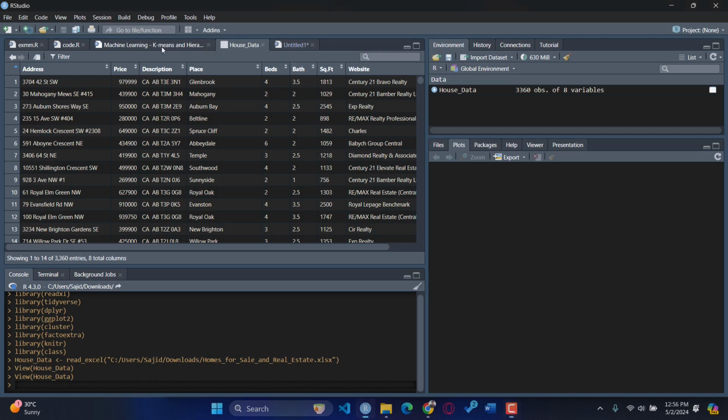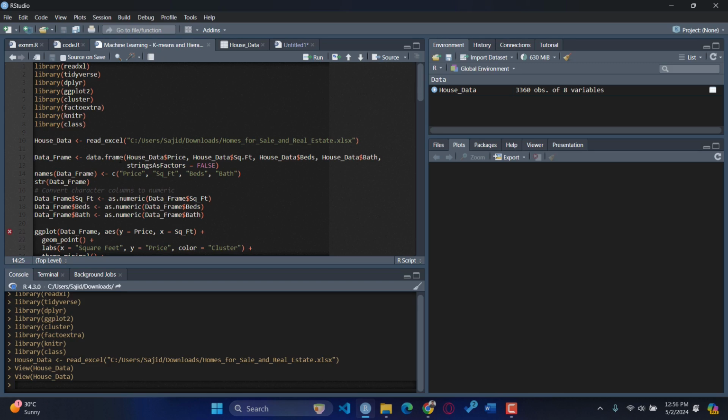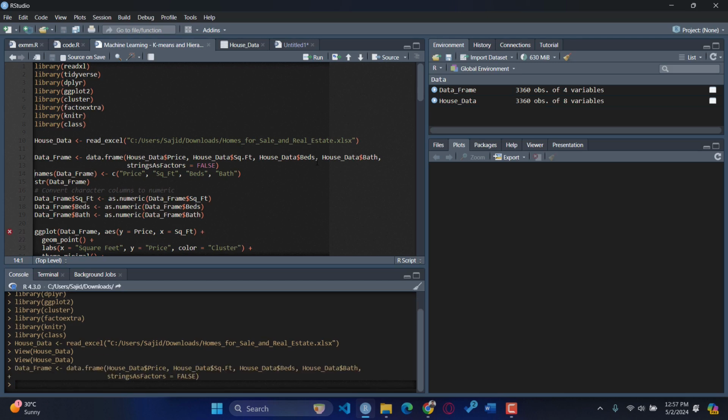Now to do so, we need to subset the columns, and we can subset it by using the data.frame command. By using that particular command, we need to specify the columns that we need, and we're going to specify price, square feet, beds and baths. Now once we run it, and if we see the code file, if we see the data variables,